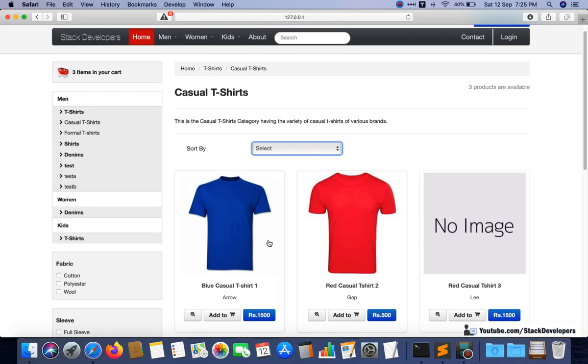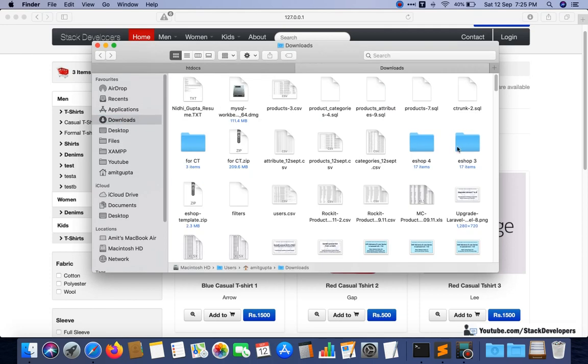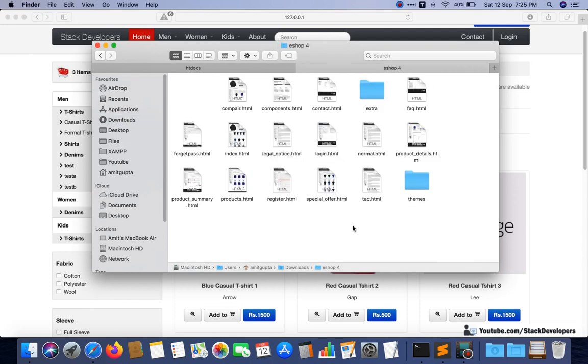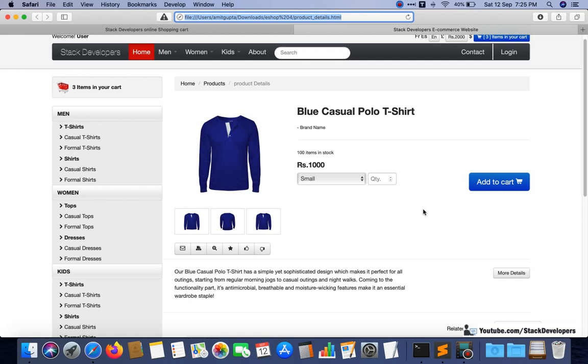First of all I will show you which things we are going to do for the detail page. I will show its HTML view as well, and we know that we are following that HTML. This is our HTML. Here you can go to product_details.html. This is the HTML of the detail page.